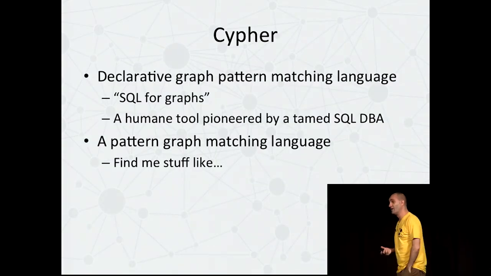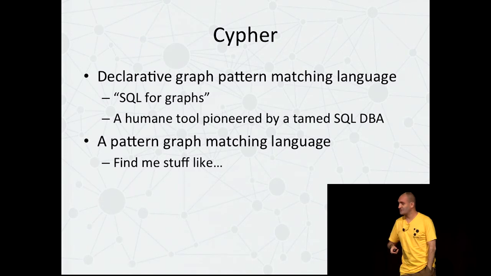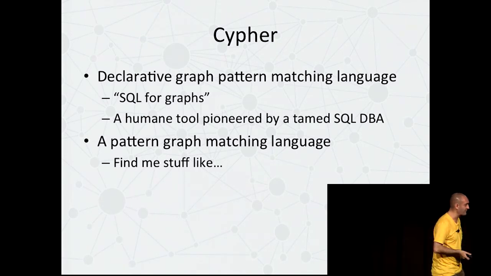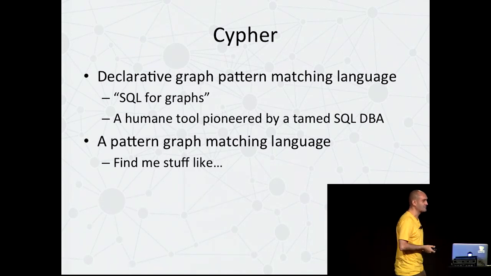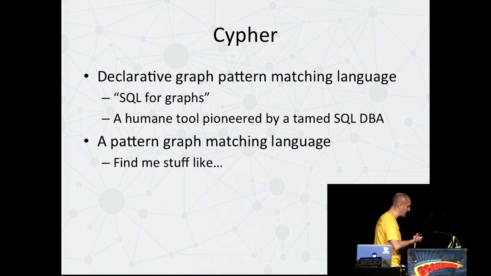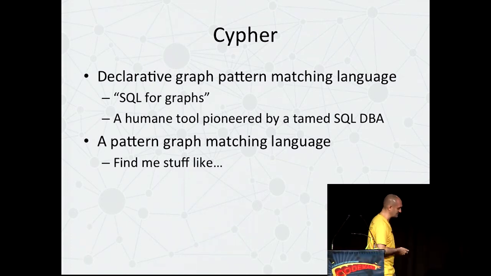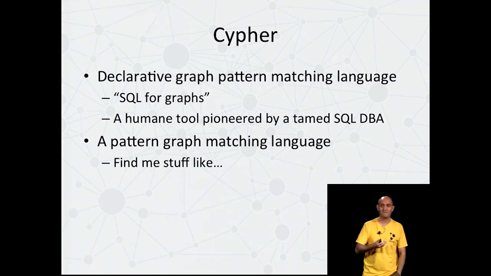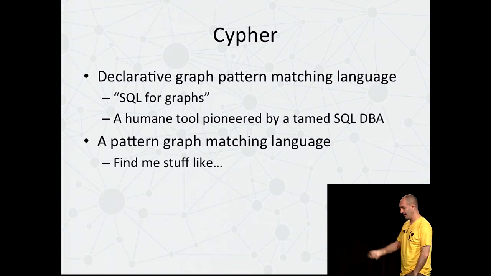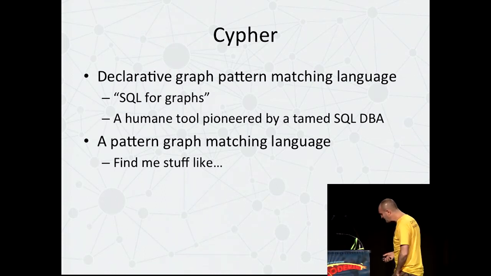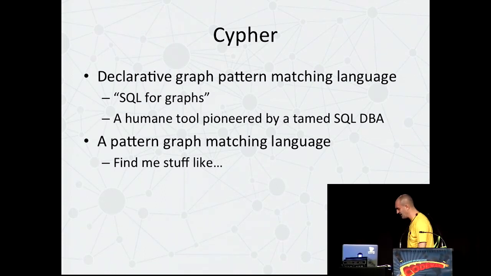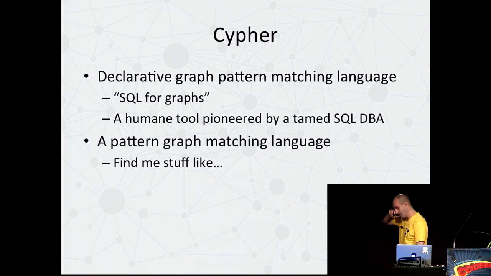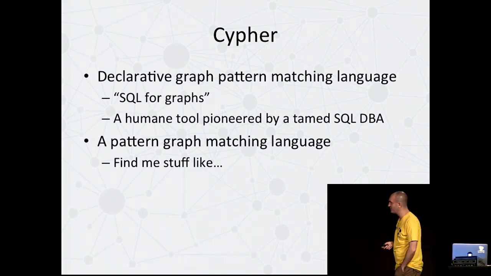And to do that, we have a query language called Cypher, which some people call SQL for graphs. And I have some sympathy with that. It's not super SQL-like in syntax, but it is a query language designed to explore a particular data model. It's a pattern matching language, so you declare that you want to find patterns like this in the database. And I first came to Neo4j some years ago, 2008 now, as a user of Neo4j, long before I joined the team as one of the developers.